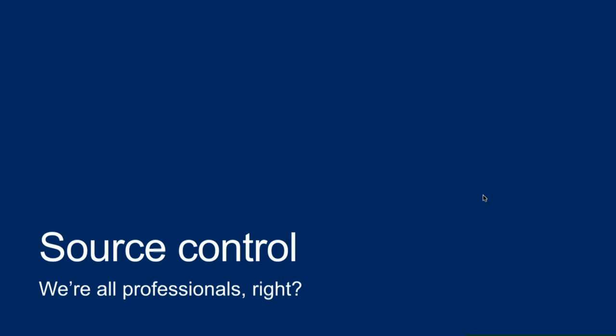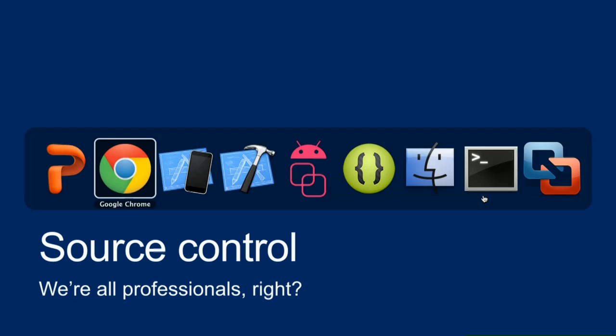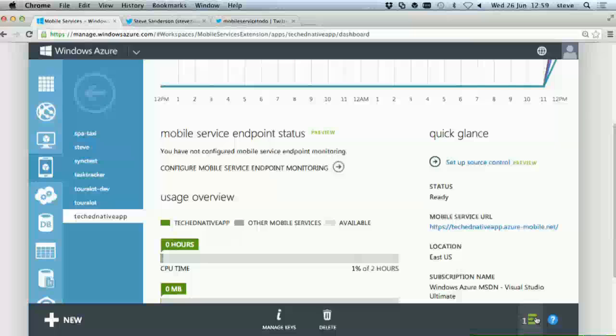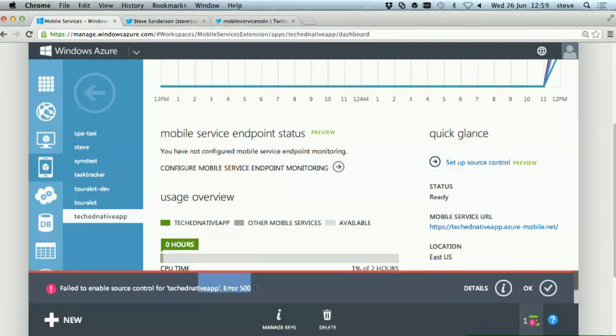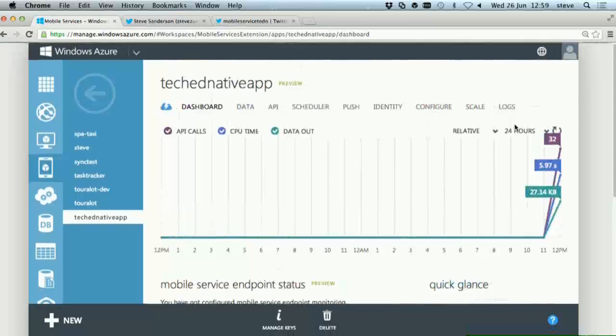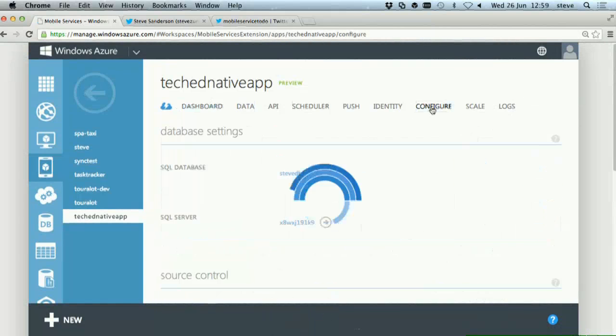Now, this is a preview feature that we're only just bringing out right now. So there's potentially a bug in here I'm wondering if we're going to hit. And it also takes a little while to run, which is why I started it before I started talking. And yes, you can see we've got the little bug where it claims that it failed with an error, but in reality it didn't fail. It will have actually succeeded. And we're going to fix that. I think the fix is going out today.